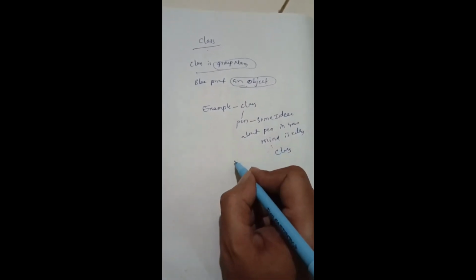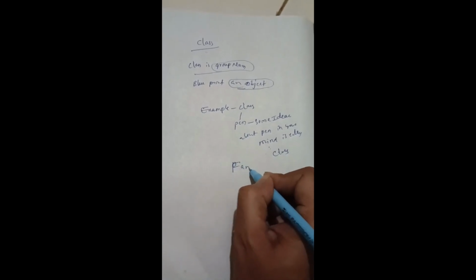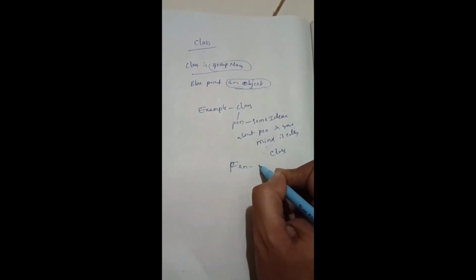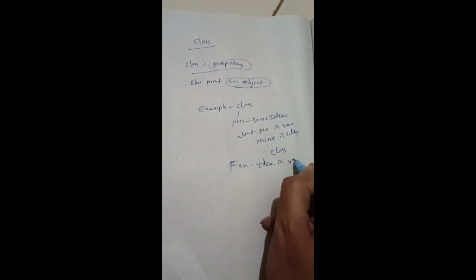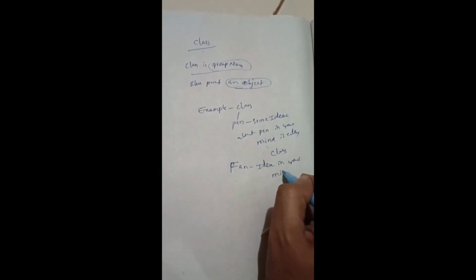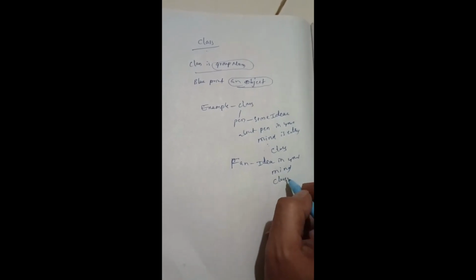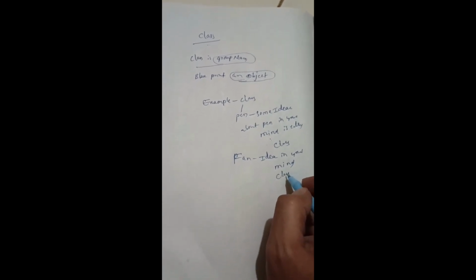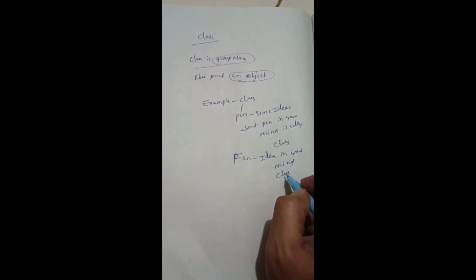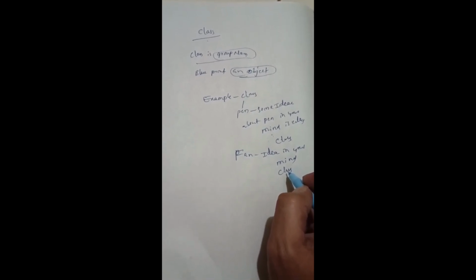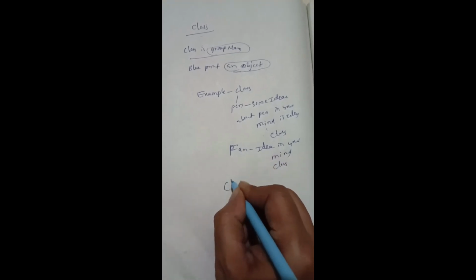I say fan, some idea about a fan in your mind, this is called the class. I say book, some idea about the book in your mind, that idea is called the class. Same, class